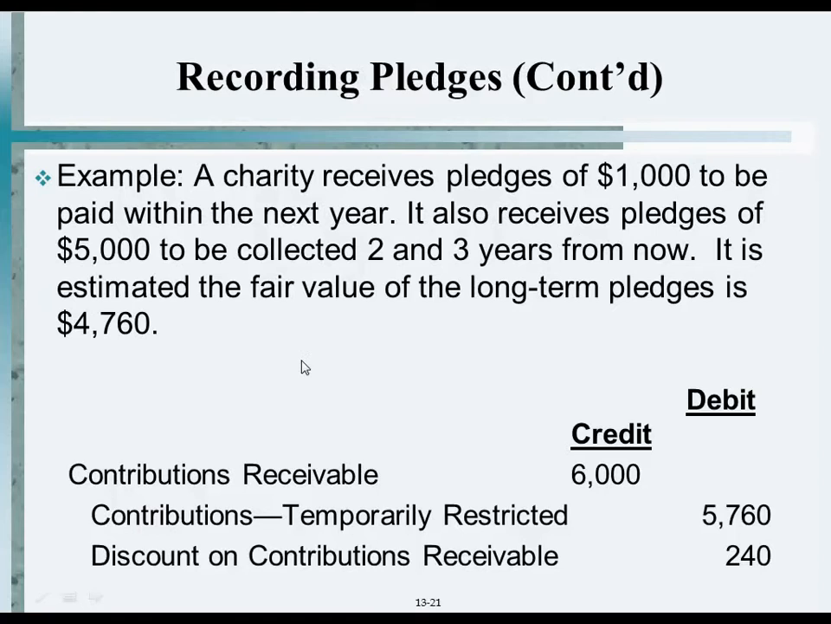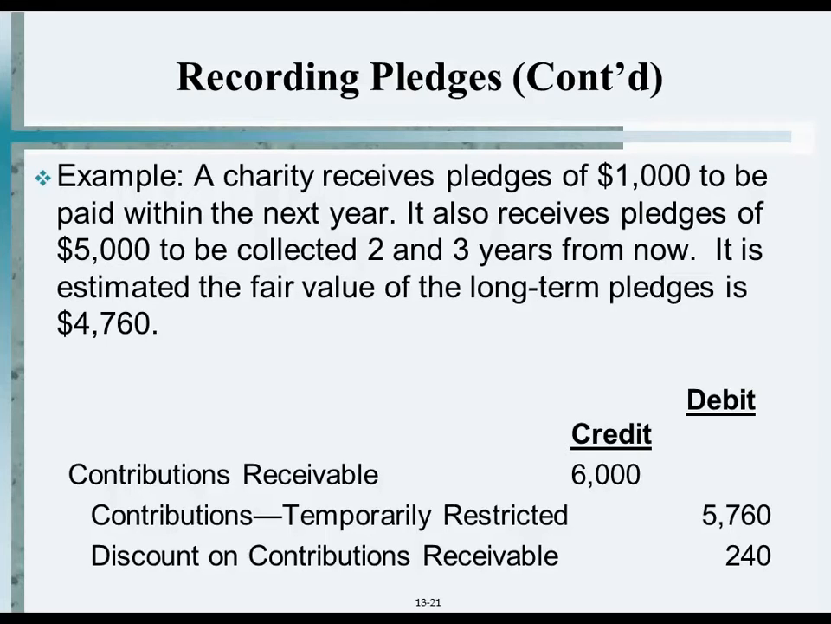And let's take a look at how this is actually shown. A charity receives a pledge of $1,000 to be paid within the next year. It also receives a pledge of $5,000 to be collected 2 and 3 years from now. Look at the journal entry to record this. Contribution receivable, you set up an AR, 6,000. Contribution, temporarily restricted,